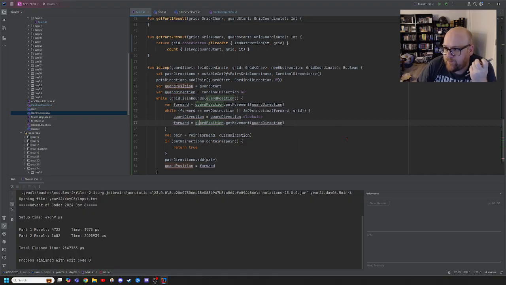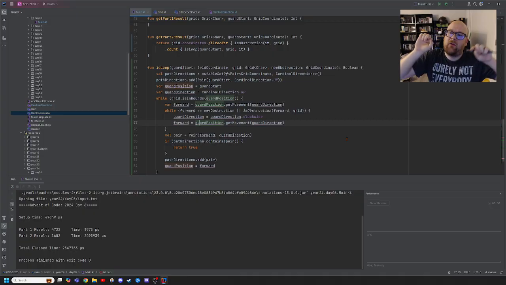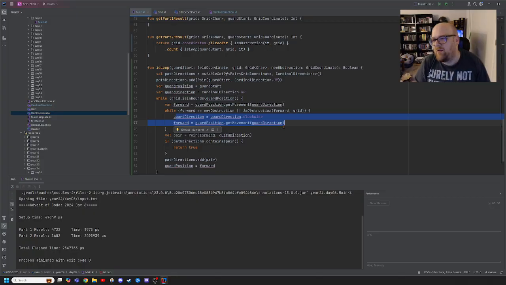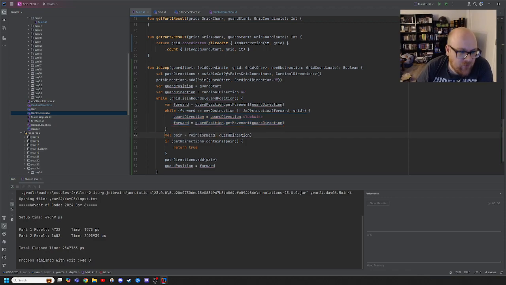You know, I realized there could be a trap here. The trap could be if the guard starts in a dead end, so there's boxes on 3 sides. I could end up with an infinite loop where it's 4 sides. The way I would fix that is by adding the path directions here for the guard facing here, except I could run into a problem with that. That is nasty. I'll worry about that another time. Well, not another time. I'm never going to come back to this. But anyway, so now